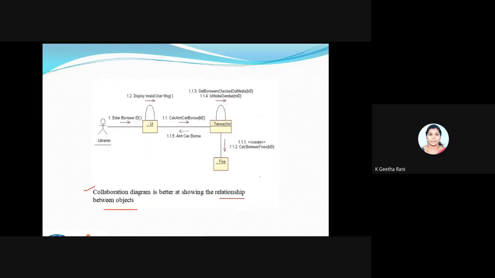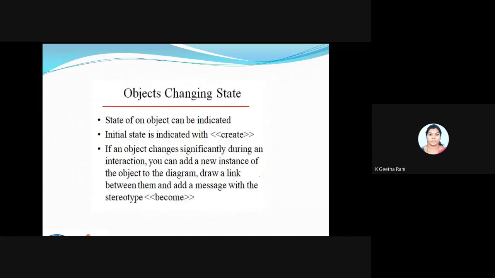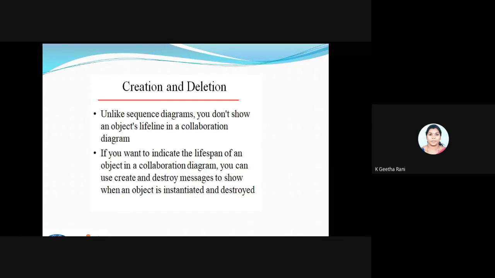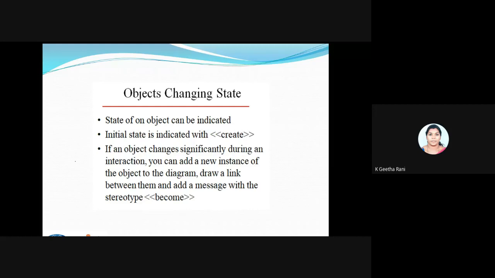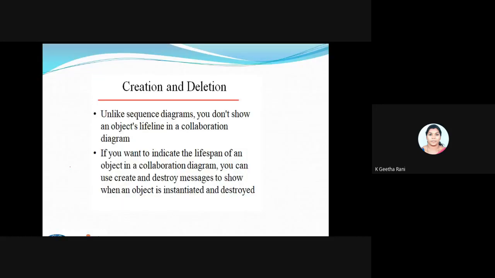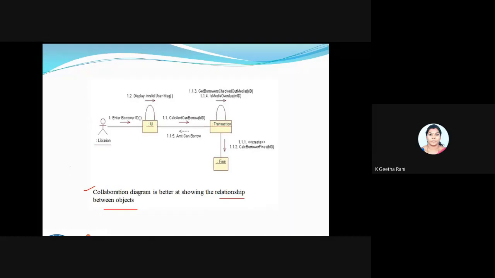But in our collaboration diagram, how do you delete this? Fine. So you don't show anything as a deletion in our collaboration diagram. But I can convey it by passing some messages. If I'm going to create a new thing, I'll be using a message for it. If I'm going to change something, I'll be using a message for it. Fine. We will see how this happens, like creating or deleting. A good example I'll show here is, I'm taking the example of it. Fine. So in this example, you can see I'm using a different one called create.